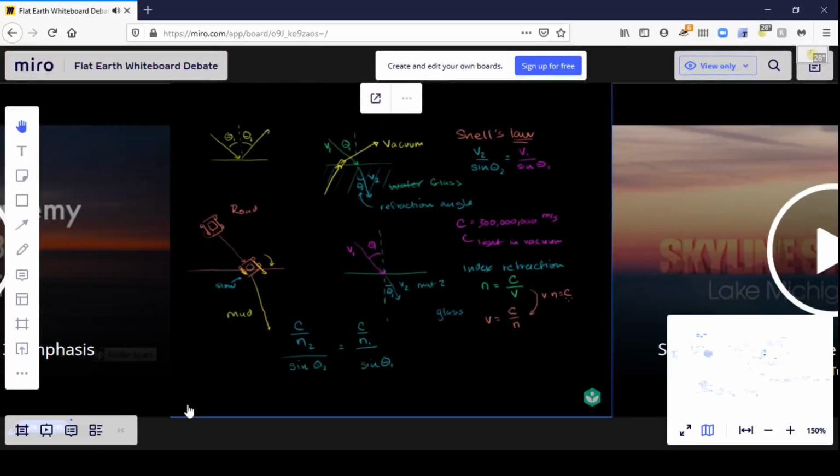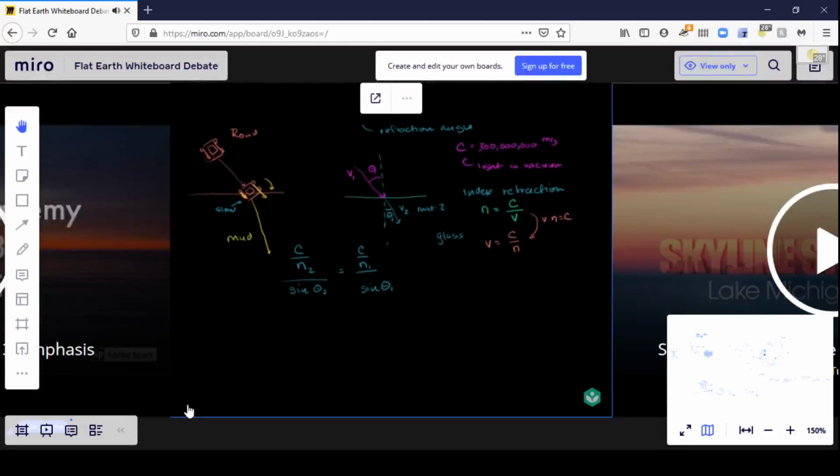And then we could do a little bit of simplification here. We can multiply both sides of this equation. Well, let's do a couple of things. Actually, the simplest thing to do would be to take the reciprocal of both sides. So let me just do that. If we take the reciprocal of both sides of this, you get sine of theta 2 over